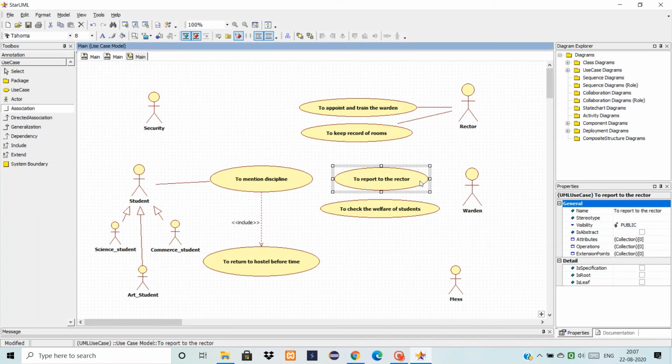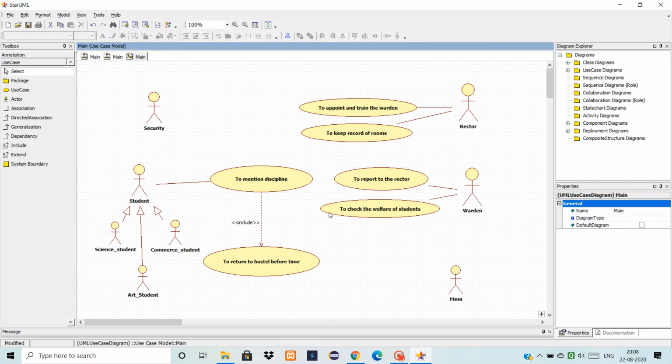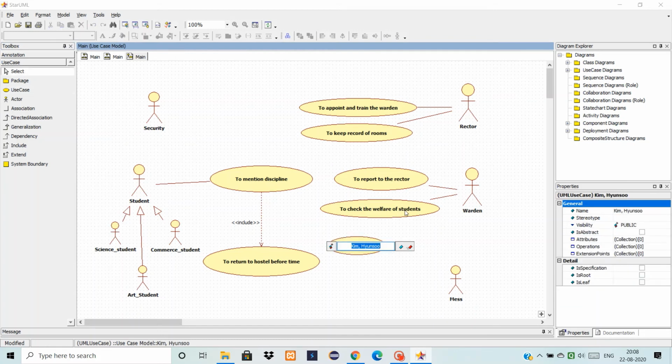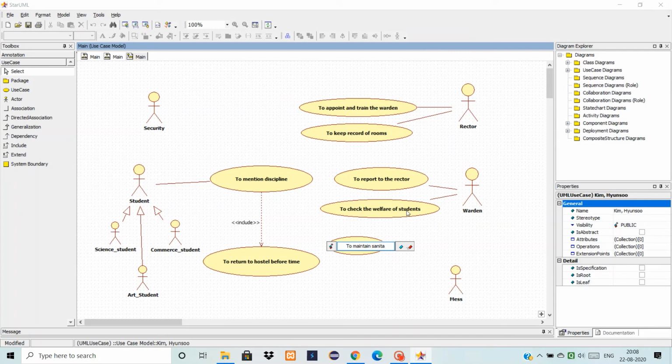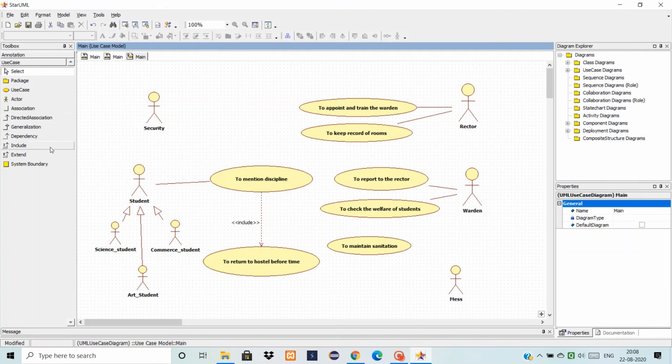And we connect them again through association. To check the welfare of students might have other included responsibilities like to maintain sanitation. So if I say to maintain sanitation, that comes under the welfare of students, so that will be the include part of this.